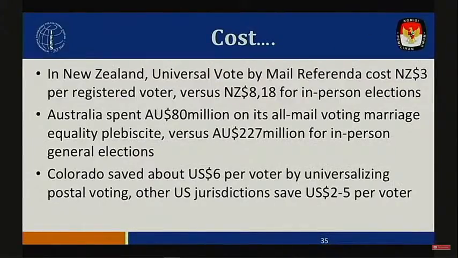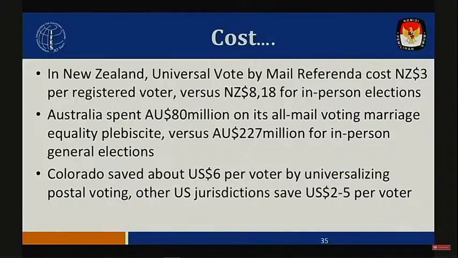In terms of cost, New Zealand is an interesting example where you can see the per registered voter cost for their elections held in person, for the general elections, parliamentary elections, for example, which they've also now held during the pandemic, is 8.18 New Zealand dollars versus less than 3 New Zealand dollars for the postal voting referendum per registered voter. Australia made a similar experience with a plebiscite that they held entirely by mail recently that cost 80 million Australian dollars versus 227 million Australian dollars for the polling station general elections. Colorado saved about $6 per voter by